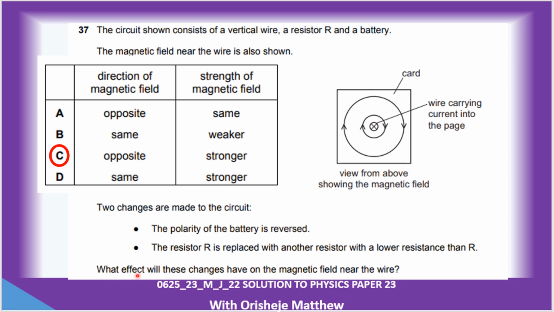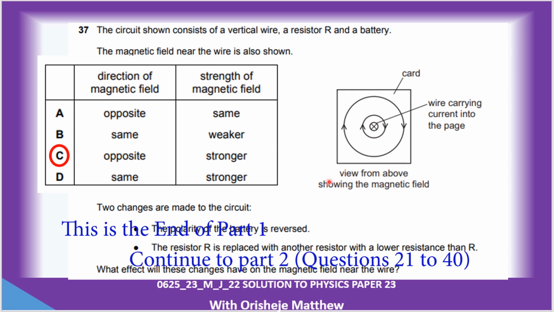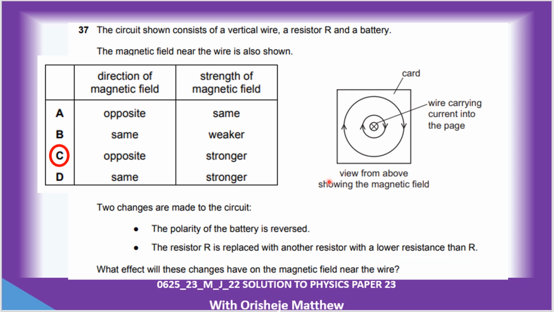So what effect will these changes have on the magnetic field of the wire? The polarity of the battery is reversed. If you reverse the polarity of the battery, that means current will be flowing out of the paper. So the magnetic field strength